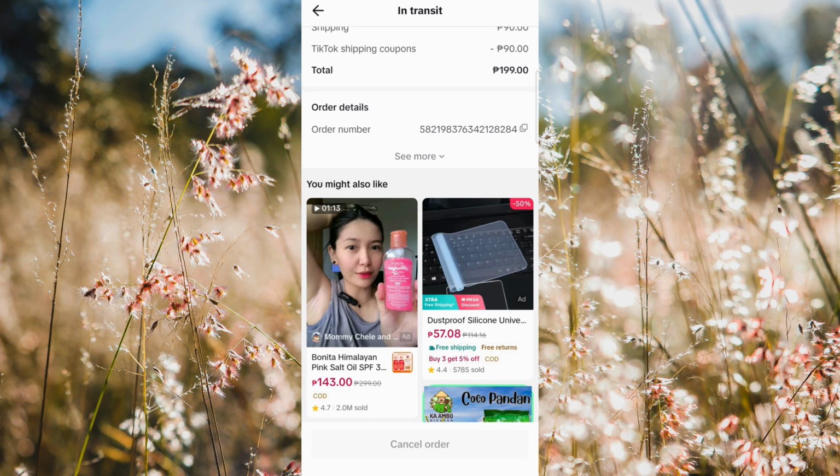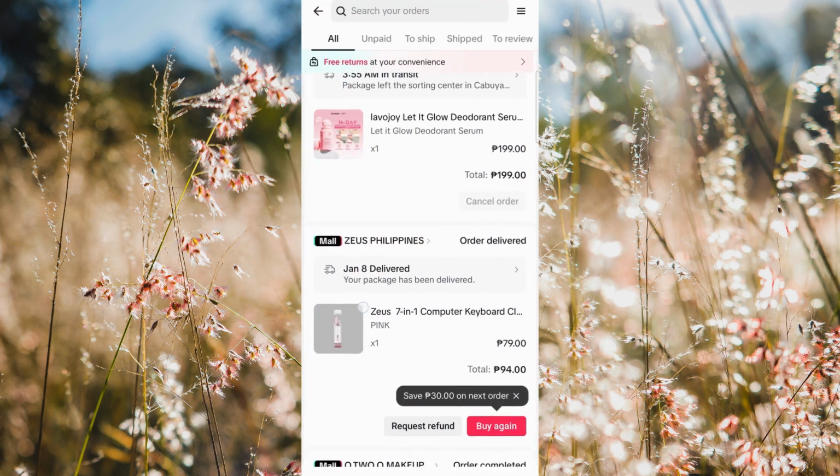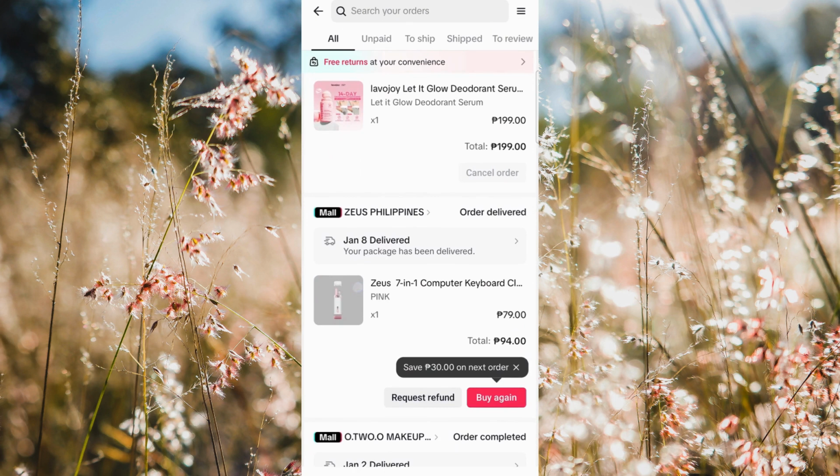If the app layout looks slightly different, don't worry, stick to the same flow. Profile, the three-line menu, your orders, view all, then cancel order on the specific purchase. Finally, double-check that you're viewing the correct order and account, and watch for confirmation notifications so you know the cancellation